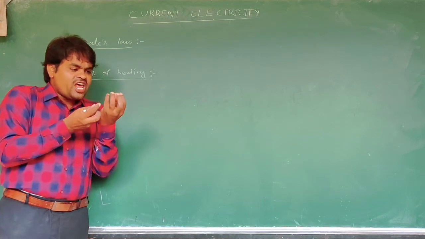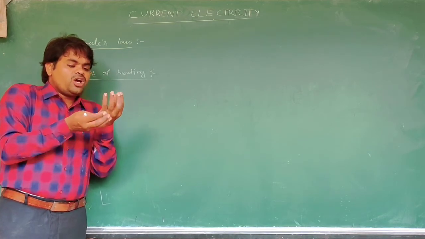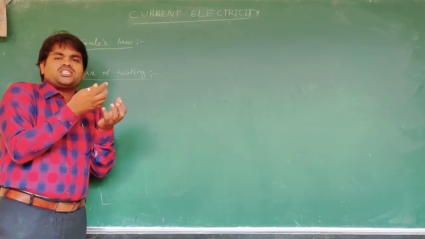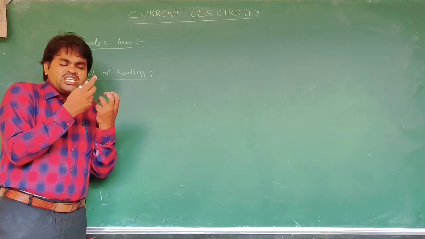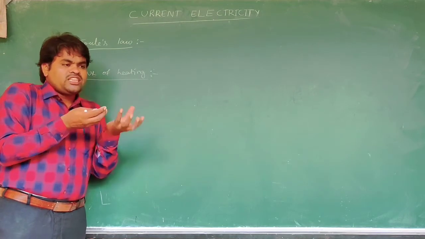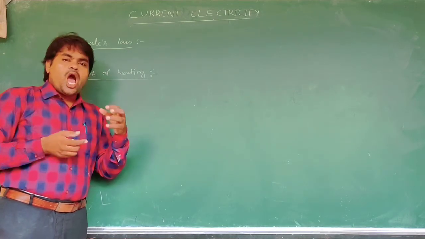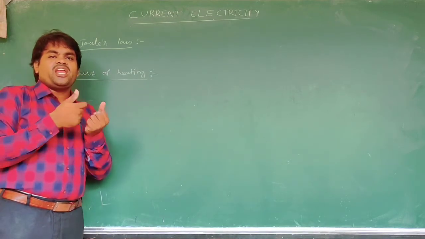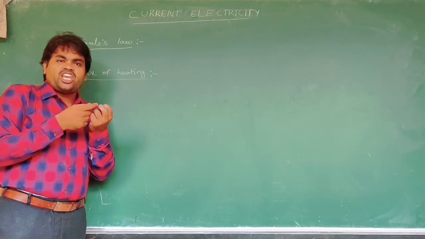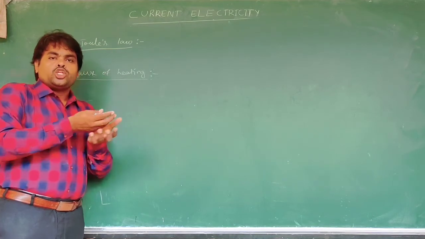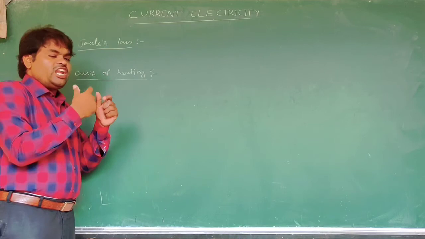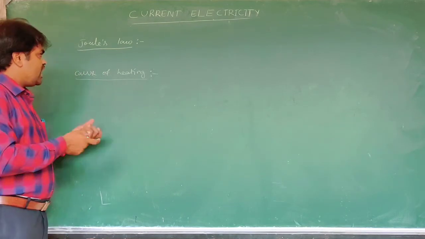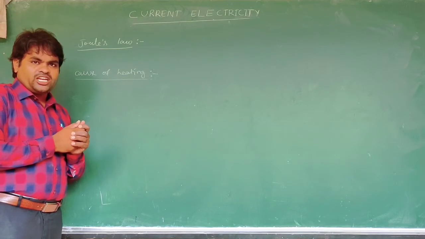Then the ions or atoms vibrate with large amplitudes, so the vibration of the ions or atoms increases. Consequently, the temperature of the conductor also rises. Due to this, the conductor will get heated. That means when the current flows through the conductor,